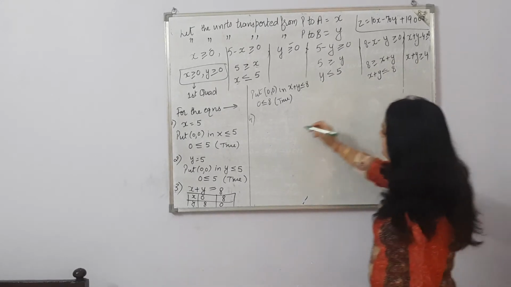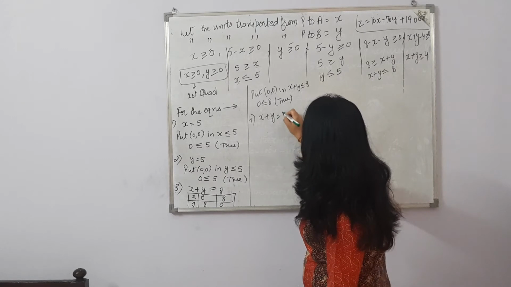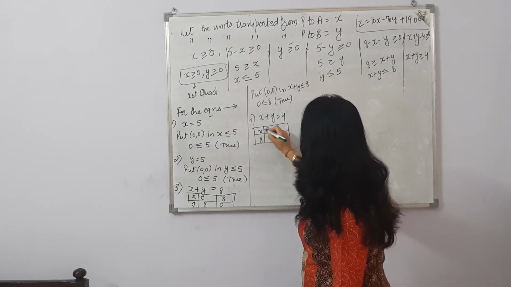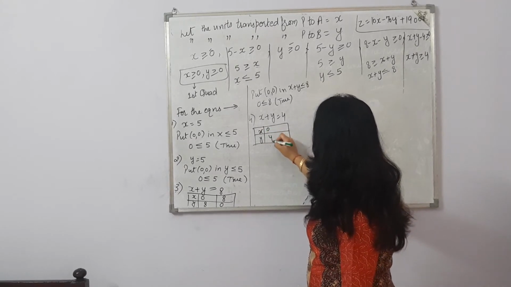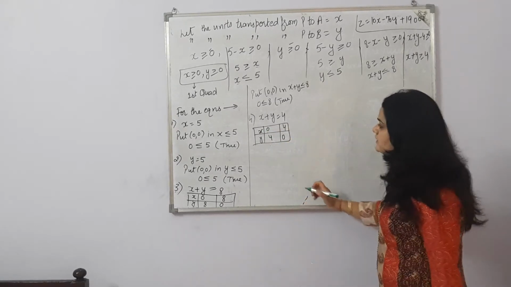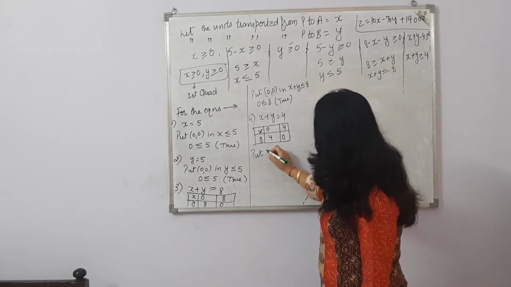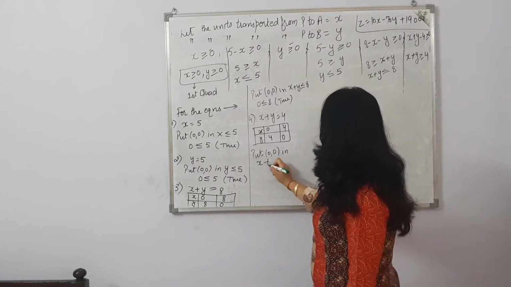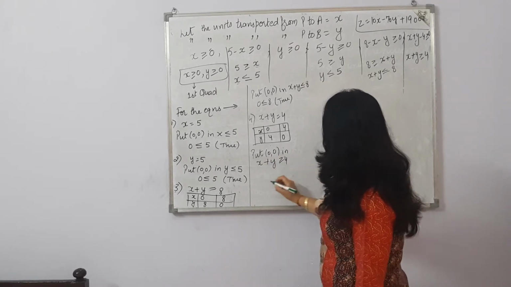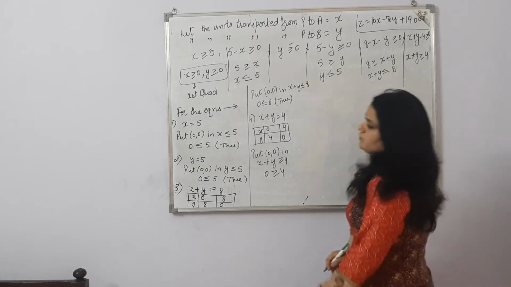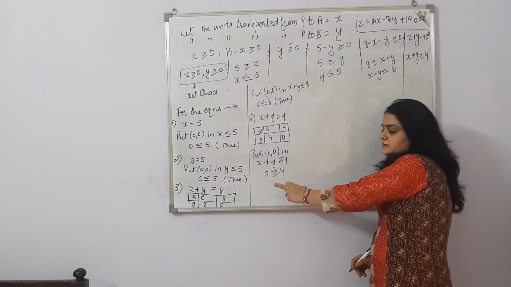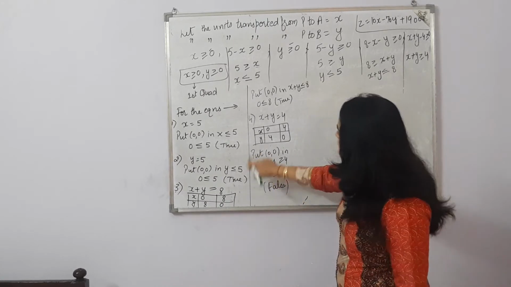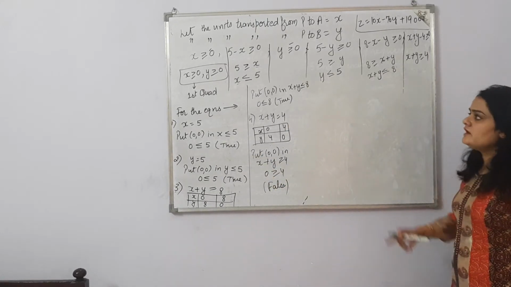It is x plus y equals to 4. So we'll find the points. If x is 0, then y is 4. If y is 0, x is 4. And again 0, 0 is not lying on the line. So we'll substitute 0, 0 in the inequality. It is greater than or equal to 4. So 0 is greater than or equal to 4. We know 0 is neither greater than nor equal to 4. The condition is false. Now we have three true conditions and one false condition, and the shading will be in